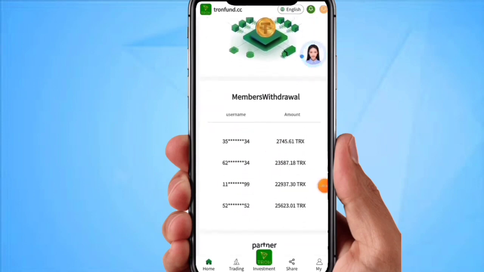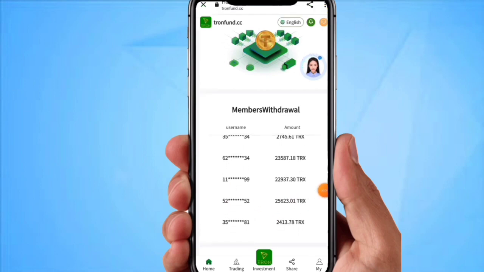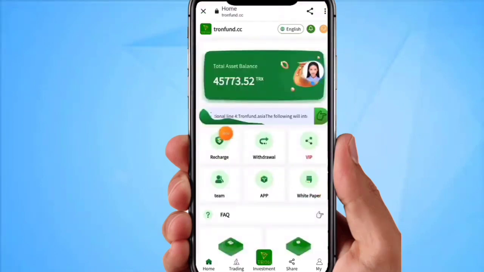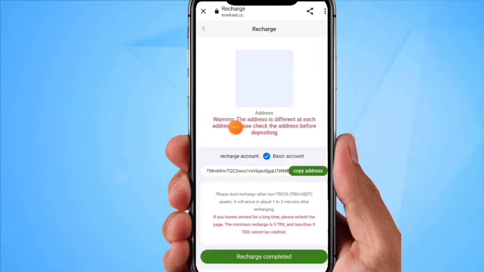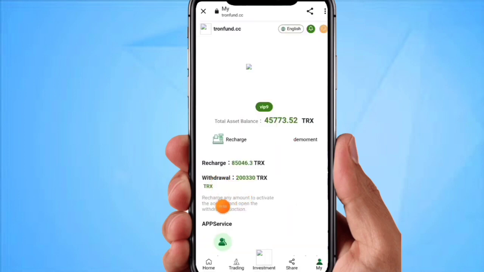Click on the deposit option, then you will need to select your account, transfer to basic account and wallet account. I will recharge a basic account, then click on the TRX option, then you need to copy this address. Then click on the paste option, and I will recharge 30 TRX. How much TRX you want to invest, you can invest here. This is a long term project, so I will invest only 30 TRX here, and I will show you how to complete your task and how to withdraw your money.